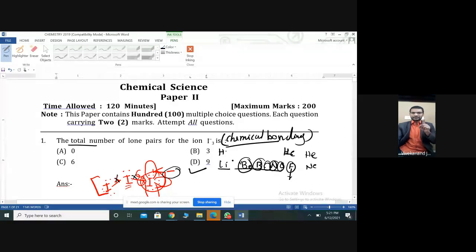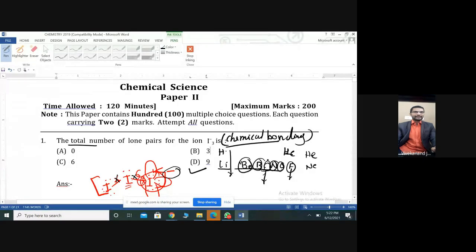In your hydrogen, in the outermost shell, how many electrons are present? One, sir. Just one electron. And if one electron is present in your whole family, congratulations. In your whole family we have one electron. I'll give the idea how to solve the questions on chemical bonding. Now, if I check carbon, in the carbon family, how many electrons are present in the outermost shell of carbon?